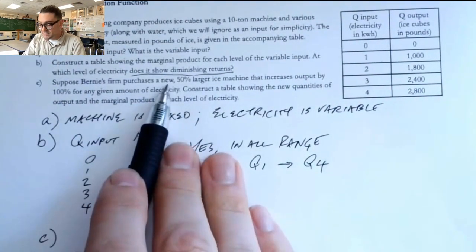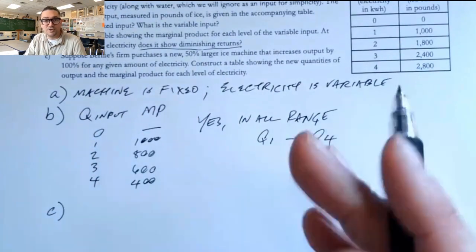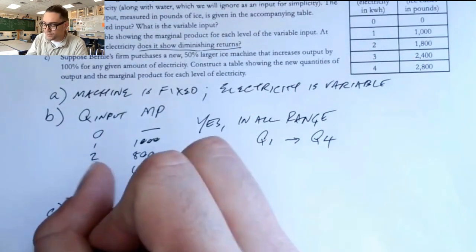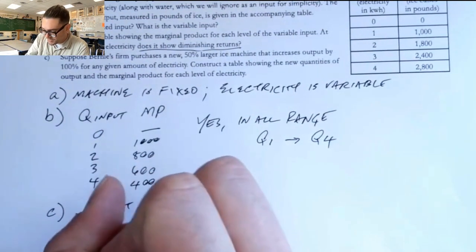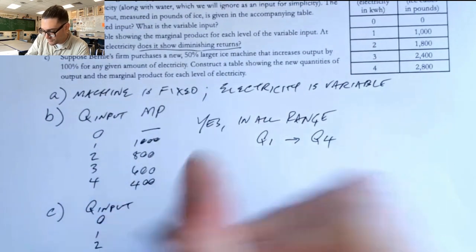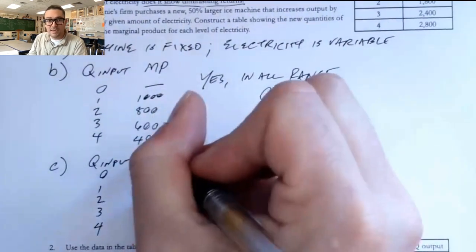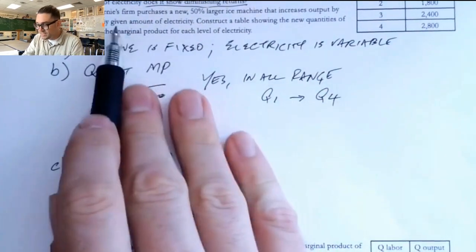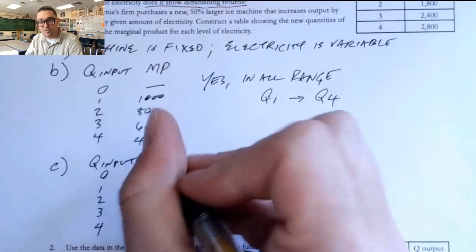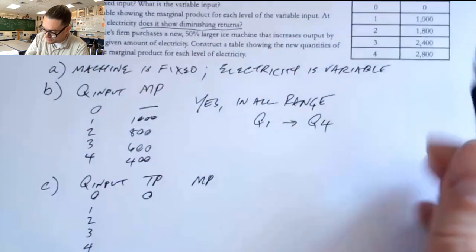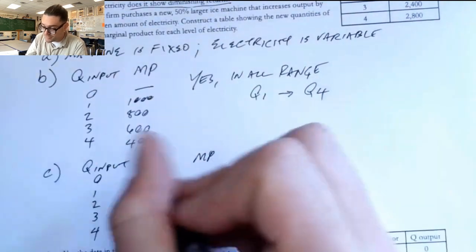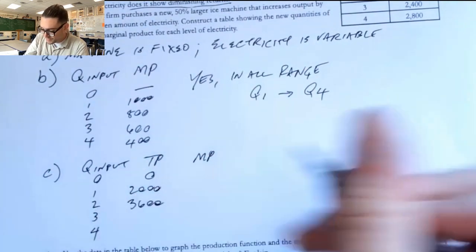Question C says, suppose their firm buys a 50% larger ice machine that increases output by 100% for any given amount of electricity. Construct a table showing the new quantities of output and the marginal product for each level. So here, quantity of input, we're going to have the same 1, 2, 3, 4. And then our total product and our marginal product. Well, it says it's 100% more output. And so at every level, we're going to just double that. So it goes from 0 and still doubles to 0. But 2,000, 3,600,